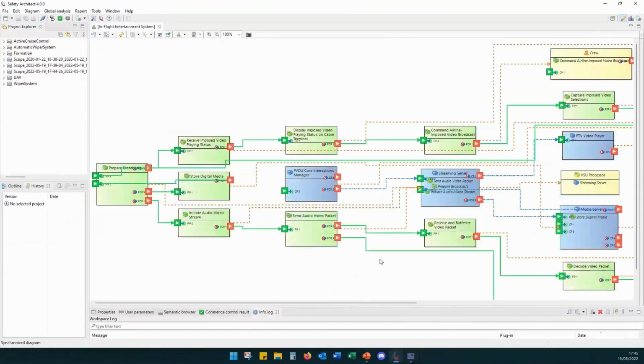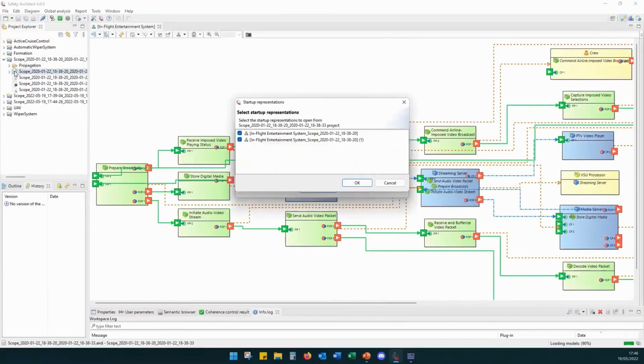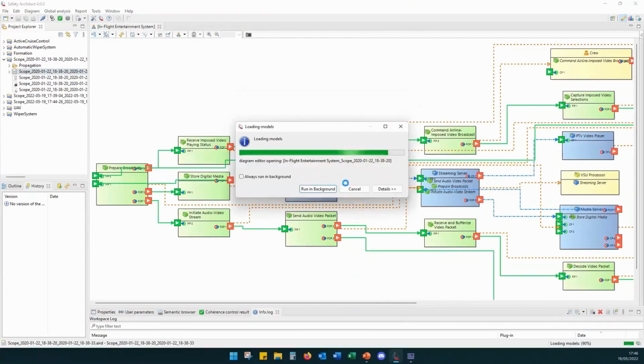So again, as we can see, we can't conserve the layout between Capella and Safety Architect. And in this architecture, there is many different links, many different information. So we try to work on the arrange all feature, but when the architecture is very complex, it's very difficult to automatically organize the layout. But it's possible. I can show you that it's possible, but obviously it requires a bit of effort.